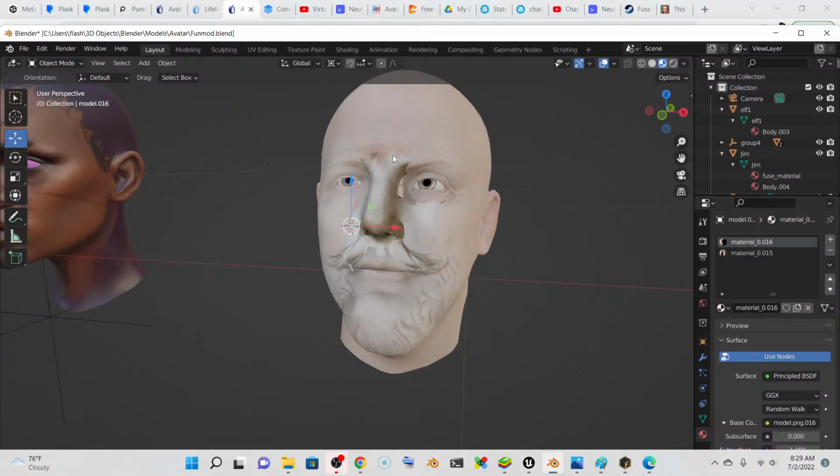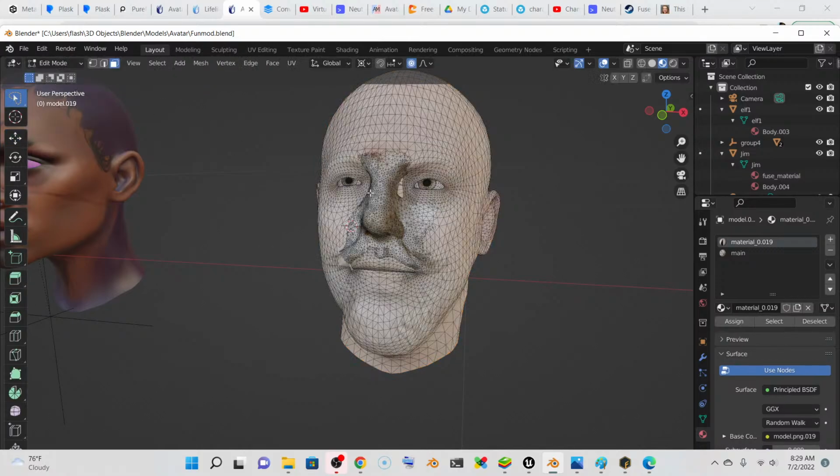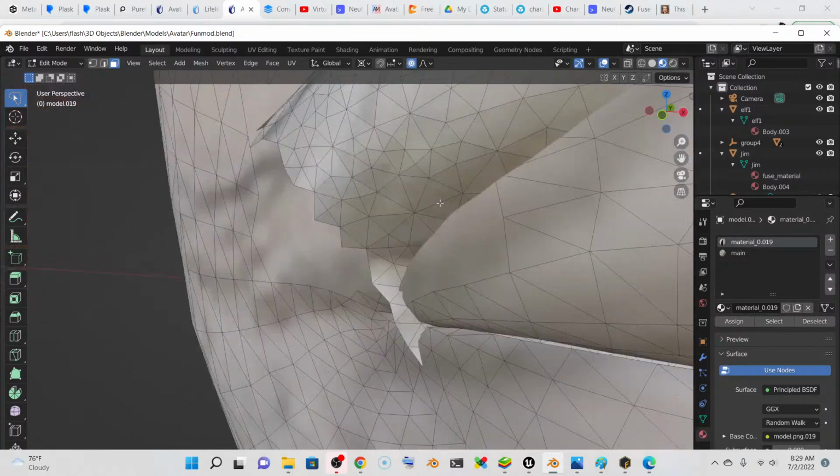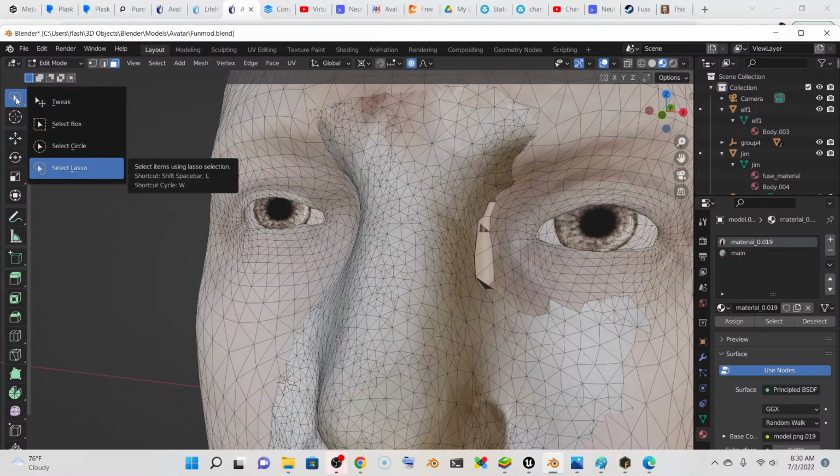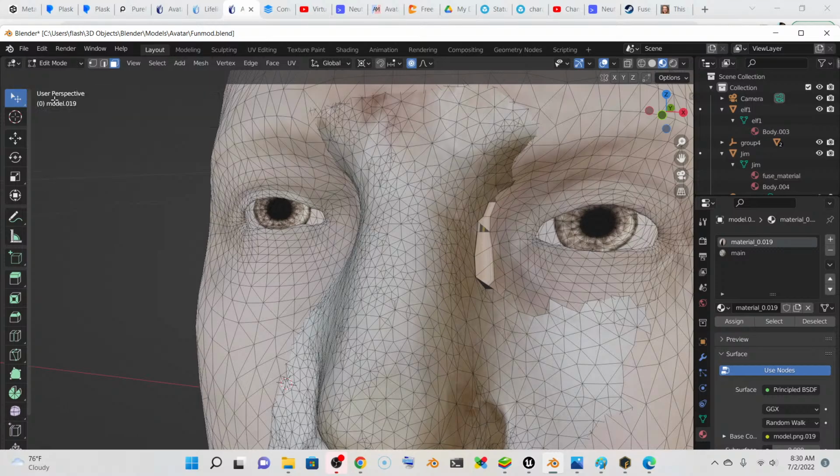So you go into edit mode, you select the model, go up here in the upper left corner on Blender where it says object mode, and then select edit mode. When you select edit mode, say you join two models together, you're going to have a whole lot of meshes combined. So you can go in and digitally sew these things together, or stitch them together, simply by going to this tool over here, your toolbar, where by default it's going to be in the tweak section. You have select box, you have select circle, and then you also have this